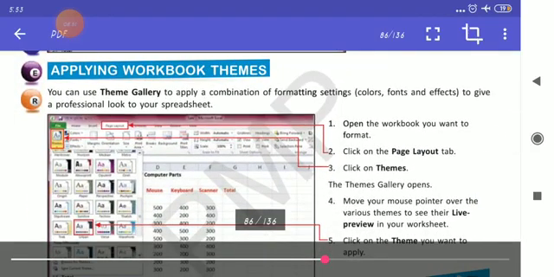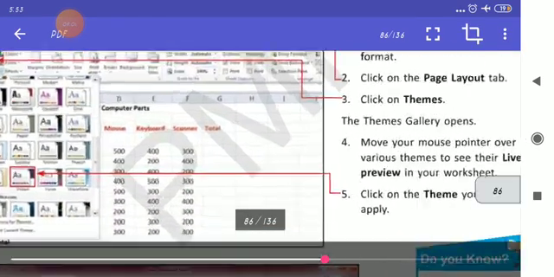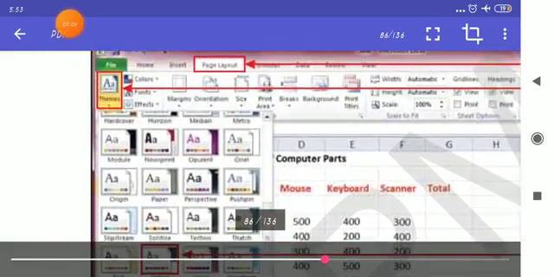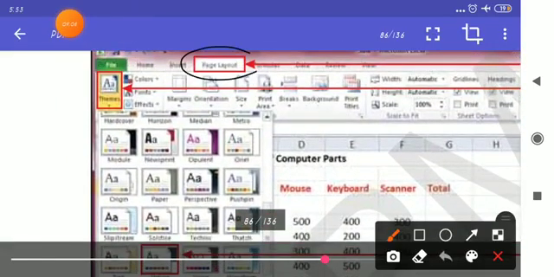Open the workbook you want to format. In the workbook where you want to do the formatting, click on Page Layout and click on Themes. See, in the Page Layout and Themes, the themes are there.